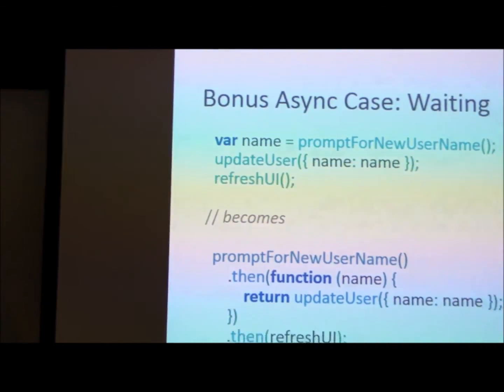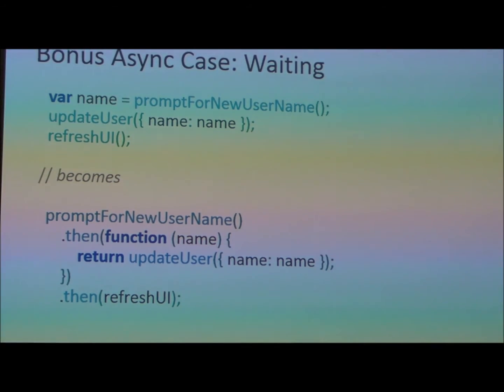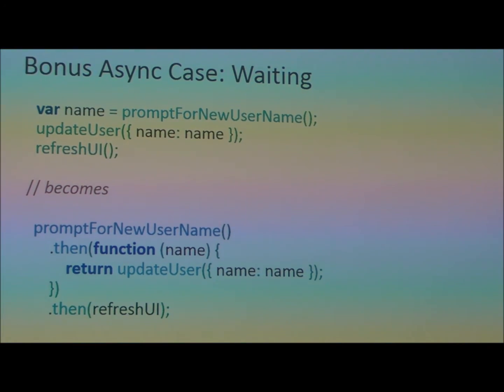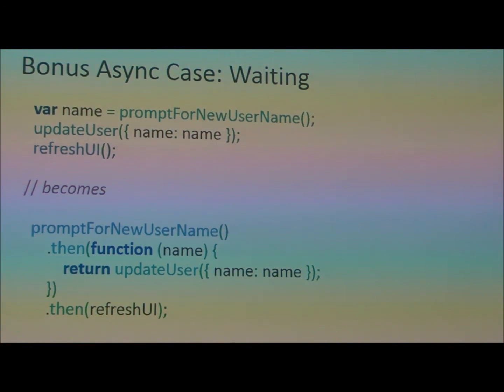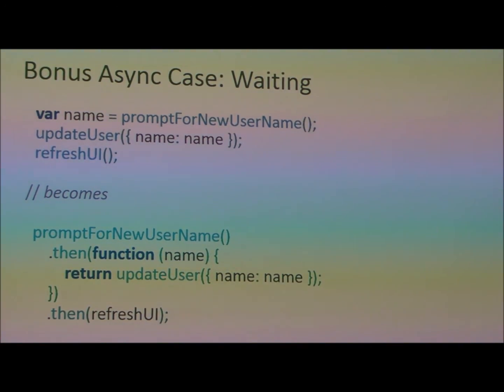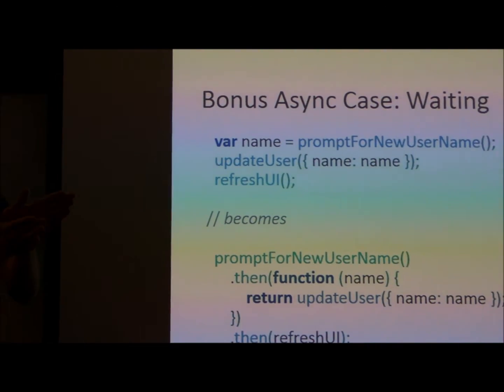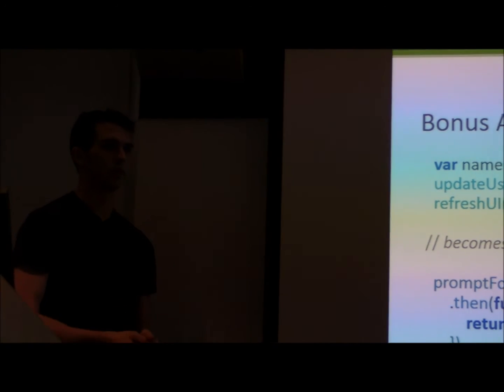Do you have a problem if update user doesn't adhere to the promise philosophy? You do if it uses callbacks, I'm saying if you use an asynchronous callback. Interfacing between promises and callbacks is something we'll get into a bit later, but you can adapt between them very easily. But if it's not using promises, then this magic will not work. We have no way of inserting some extra function to deal with the Node.js style or whatever.